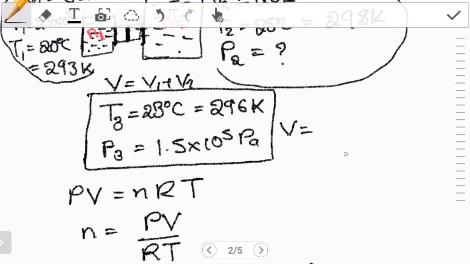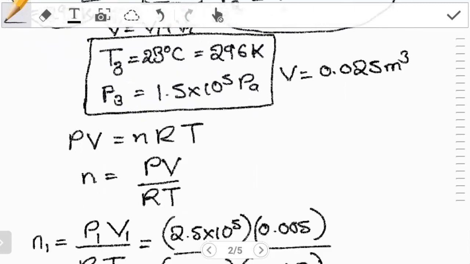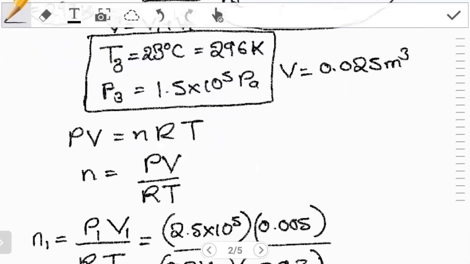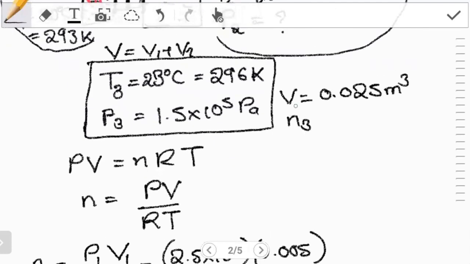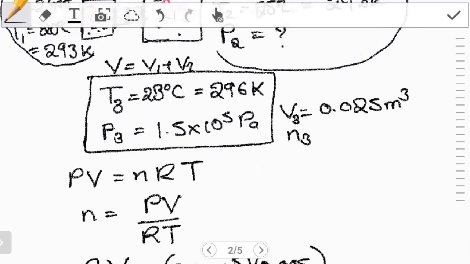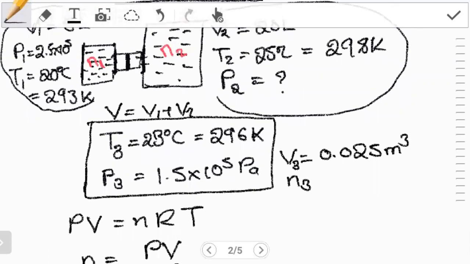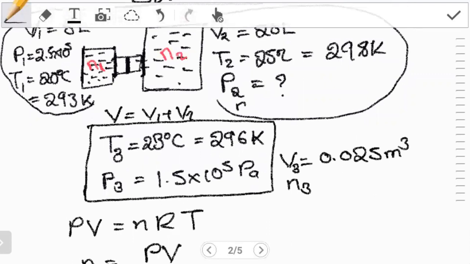And 25 liters, if I converted that, I get 0.025 meter cubed. So now, working with this again, I want to find the number of moles N3. So this is V3. Why do I want to find this number of moles? So that they can help me determine the number of moles N2. I know when I add N2 and N1, I get N3, meaning that to get N2, I can easily say